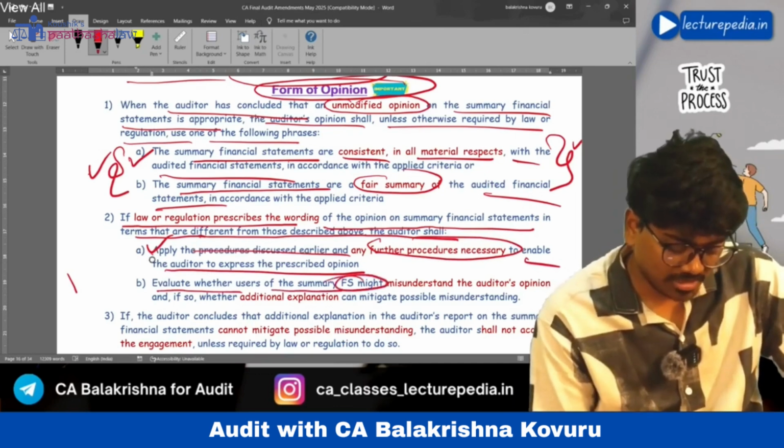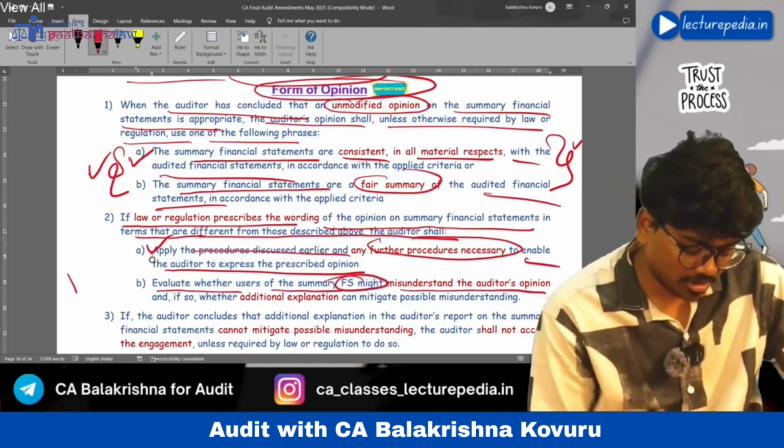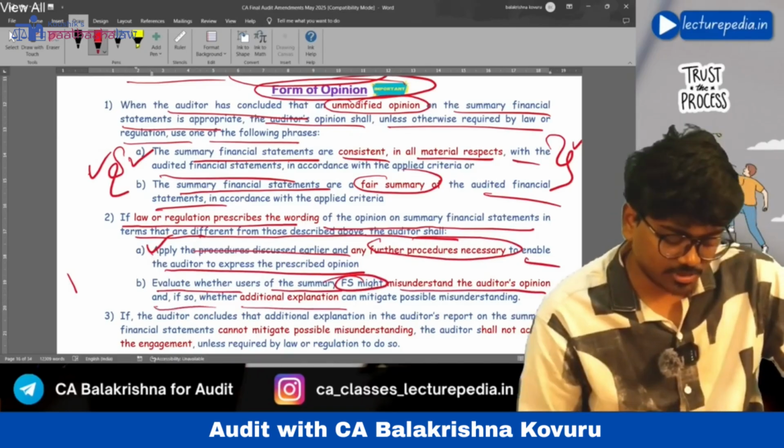that are necessary to enable the auditor to give that particular type of opinion, and evaluate whether users of summary financial statements might misunderstand the auditor's opinion, and if so, whether additional explanation can mitigate.